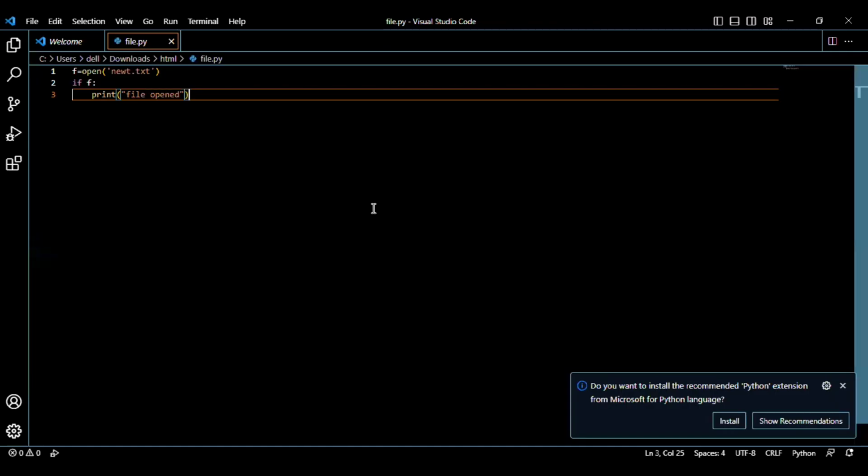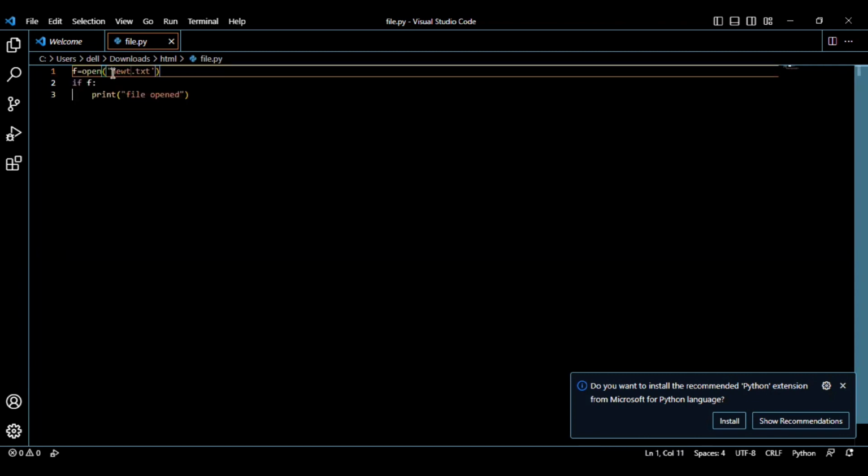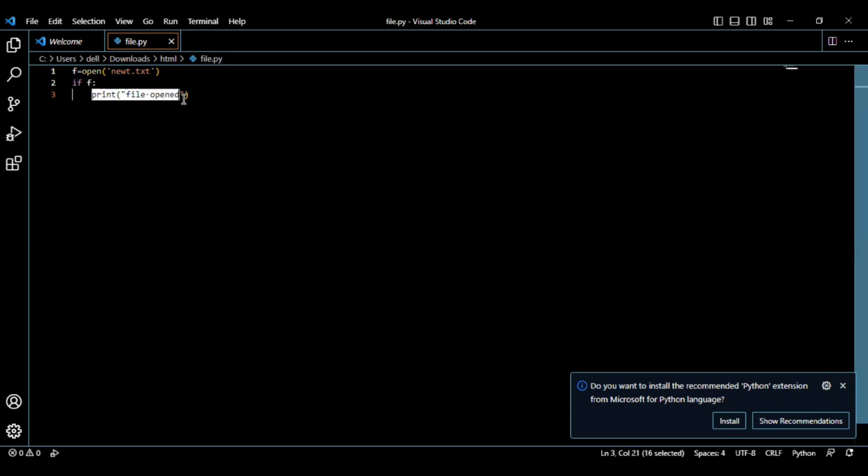Now here I have already written a code beforehand. You can see here that I've written F is equals to open this one. See? Now you can see that I have given it as F equals to open. I have given the name of the file inside the bracket. Right? And I'll tell you if loop is used over here, because if the file is opened, then you have to print that file open. If the file is not opened,